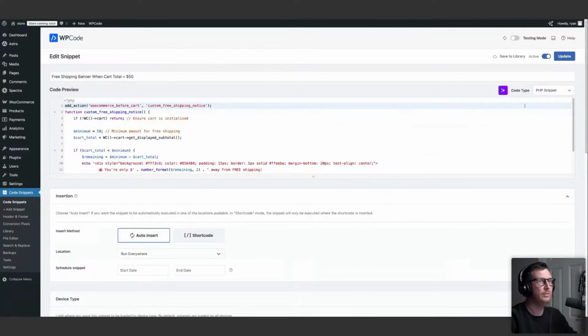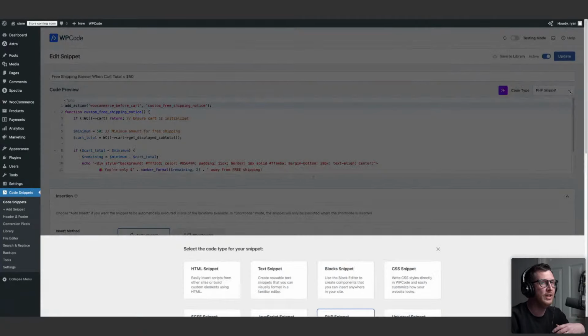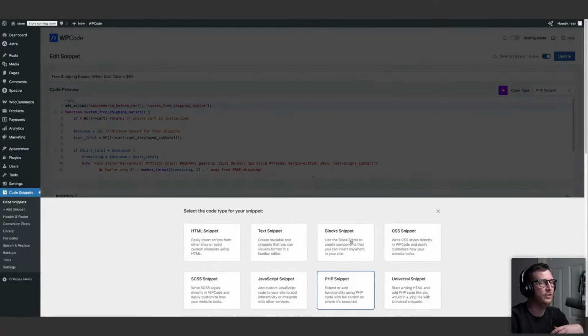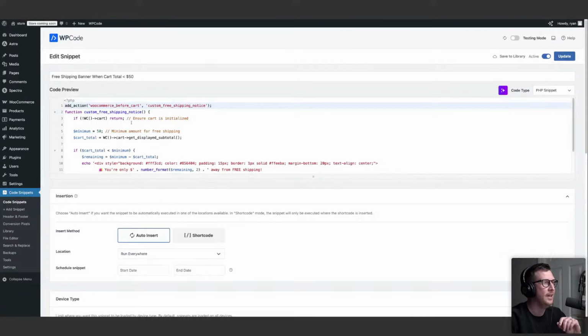And we can see that we're using a PHP snippet here. Just like the option you got at the start when you created a code snippet, if you selected the wrong one for some reason, you can click on the drop down here and change it as well. That's a really handy feature to have in WP Code. But yeah, it's got a title. This is the code here